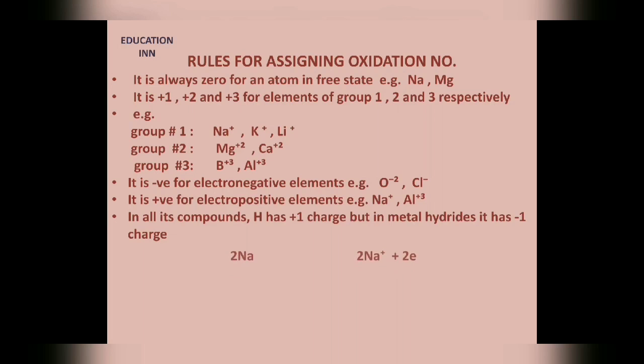This is clear through an example. For example, in a balanced equation, each sodium atom loses 1 electron, producing a sodium ion and 1 electron. These electrons are gained by the hydrogen molecule. Each hydrogen atom in the hydrogen molecule gains 1 electron and produces a hydride ion. So you can see that in metal hydrides, hydrogen has -1 oxidation state. Thus, combining these two equations, we get the net ionic equation. So in metal hydrides, hydrogen will have -1 oxidation state.